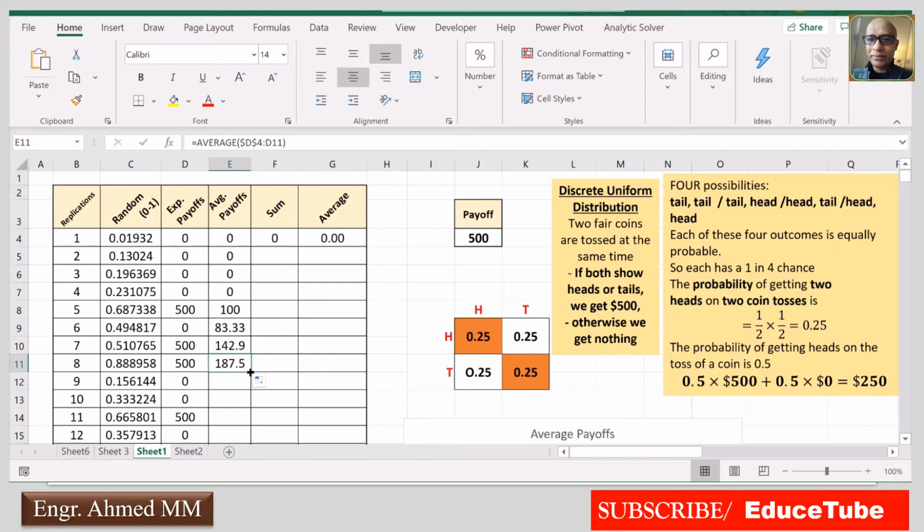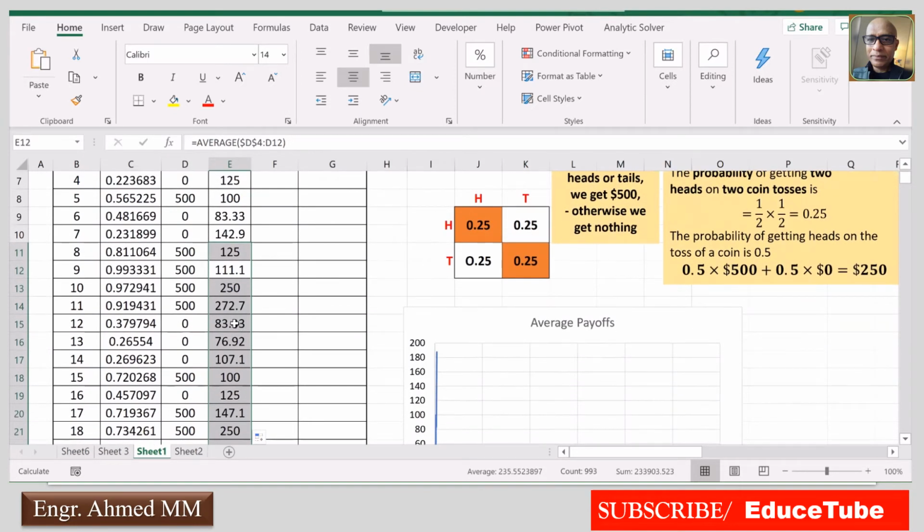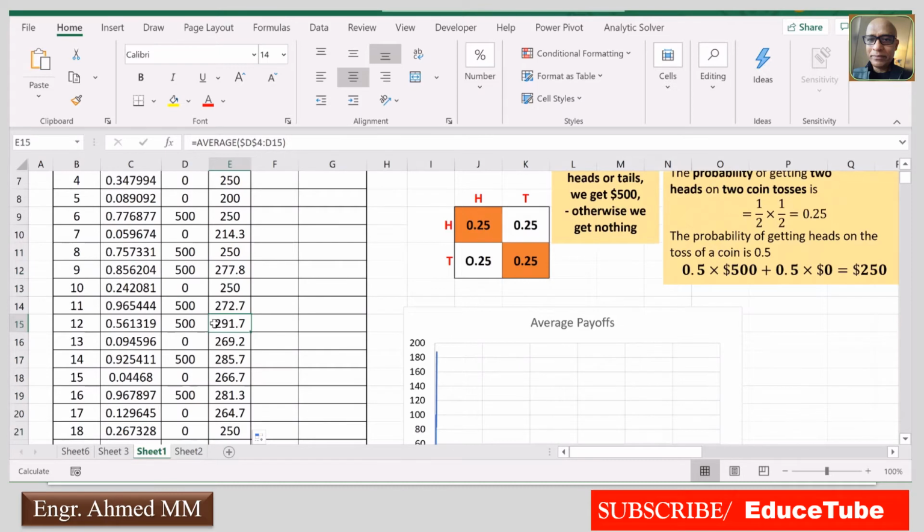So now it is easy to define up to 1000. Suppose I click here twice. Gone. If I click here, you see it is 15. Already it came 15 from the start point. So this formula is perfect.